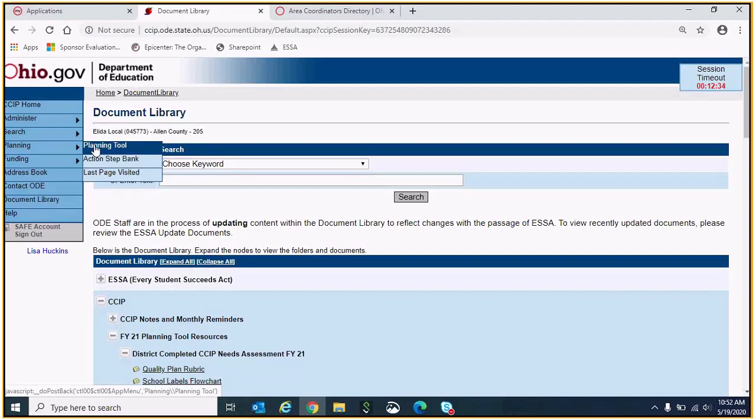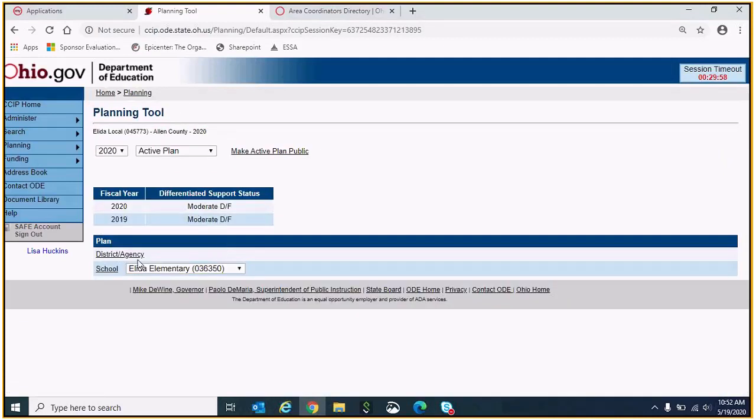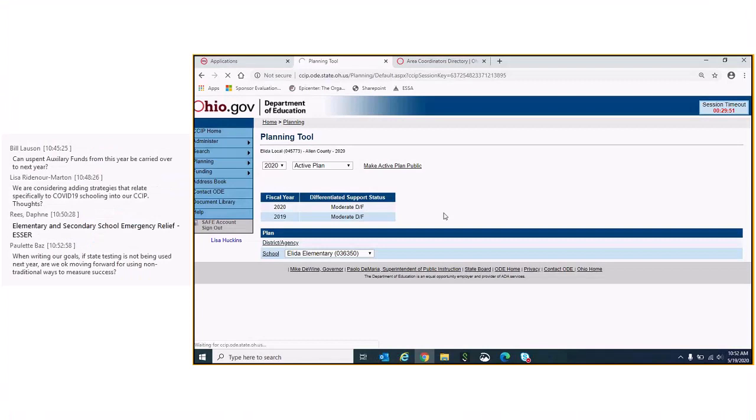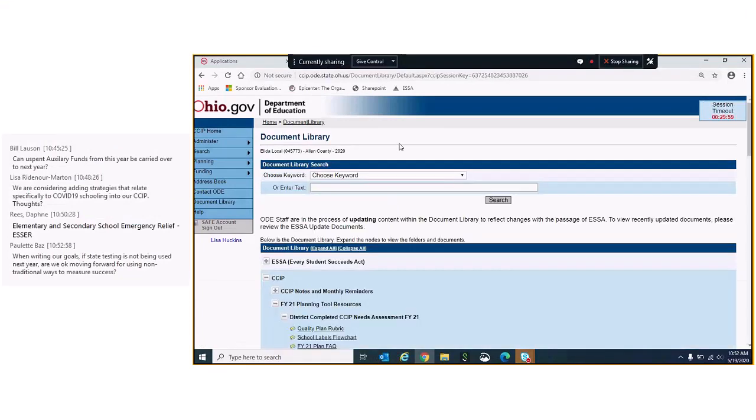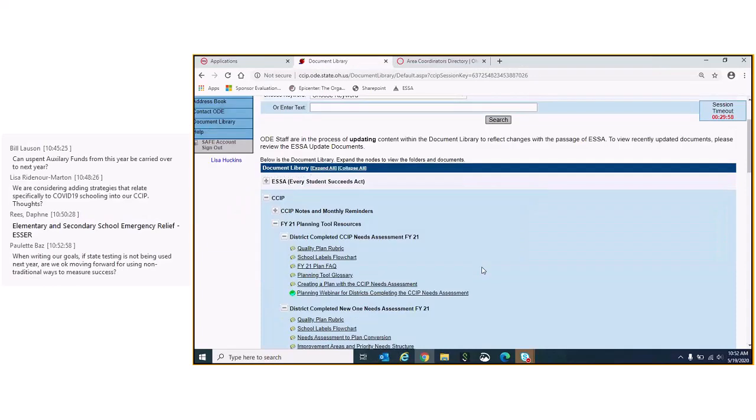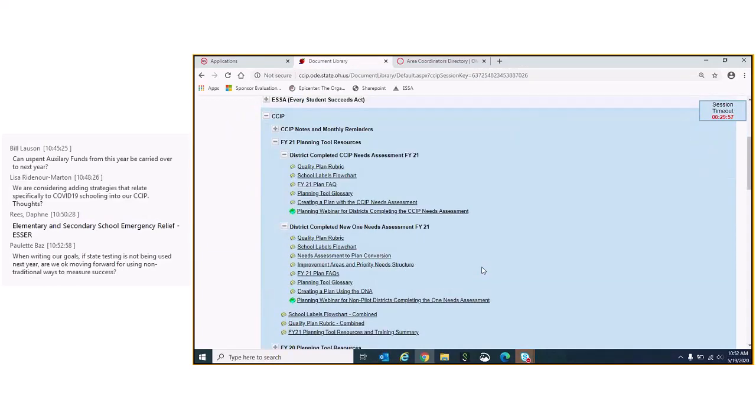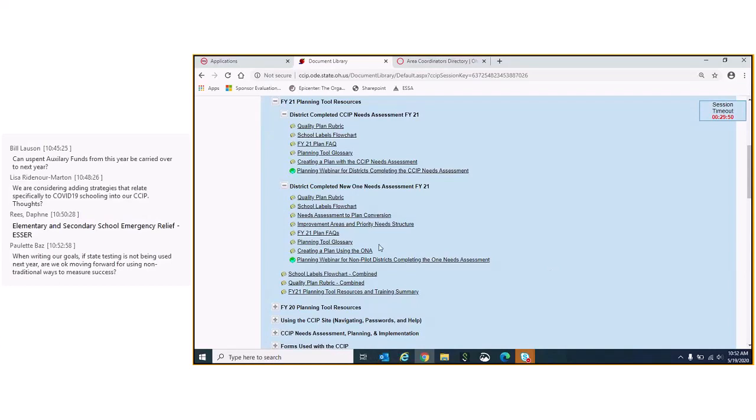It would be helpful then if you have specific priority needs that you know your district needs to address. This outline will help you find which document or which questions in the 1 needs assessment you'll want to go to. It outlines each of the subsections, and underneath those subsections, the different priorities. So if you go to the 1 needs assessment, and if you go to the document that's titled Improvement Areas and Priority Needs Structure,